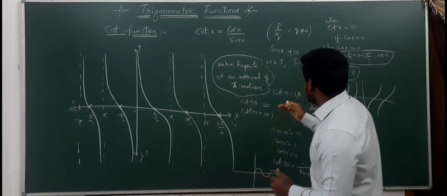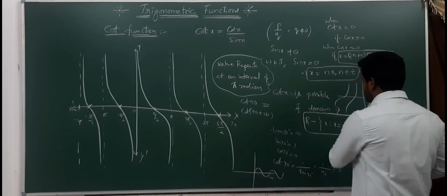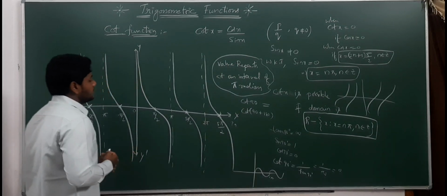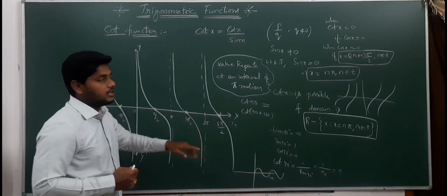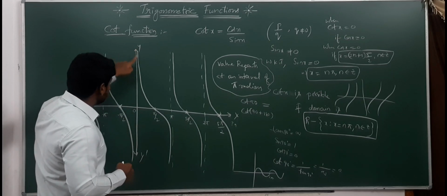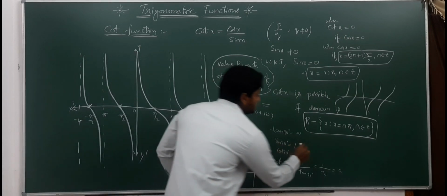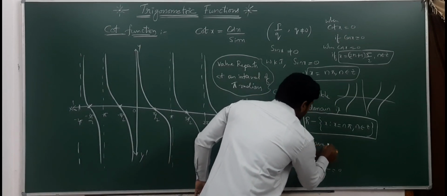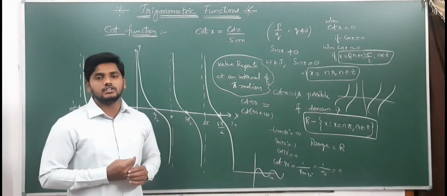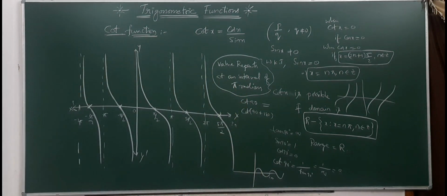Remember this. And when it comes to domain, this is the domain: R minus x equal to n pi where n belongs to Z. But when it comes to range, what about range? X values are domain values, but y values are nothing but range. If you observe from where to where, minus infinity to infinity, then what is range? Range is equal to R. Already we have mentioned in the table which contains domain and range of all trigonometric functions. So until then, pause the video and note it down.